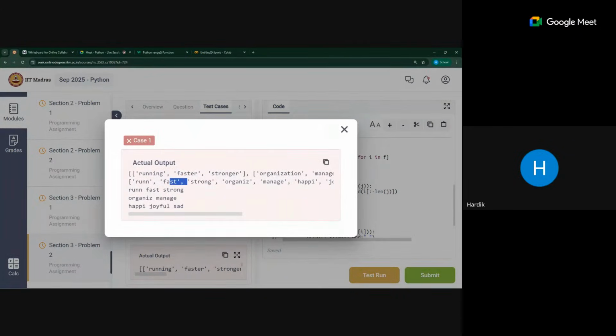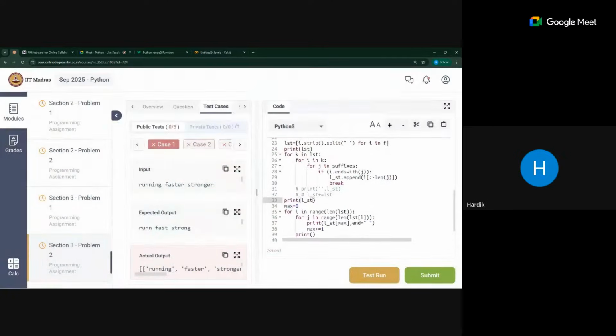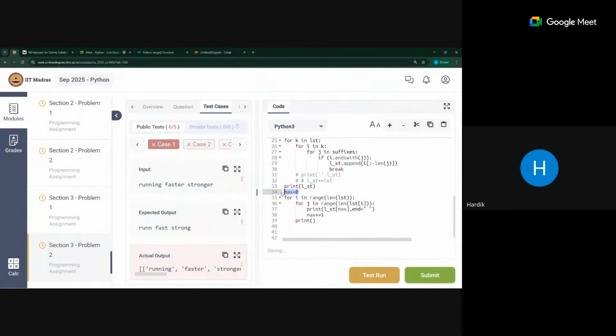Okay, so run fast, strong, organize. Okay, this is fine. So what is this max? It's just to iterate this list in that 37th line. Oh, okay. So for i in range, how many number of rows that we have, for j in range length of lst[i]. Okay, so how many words we have? Okay, then